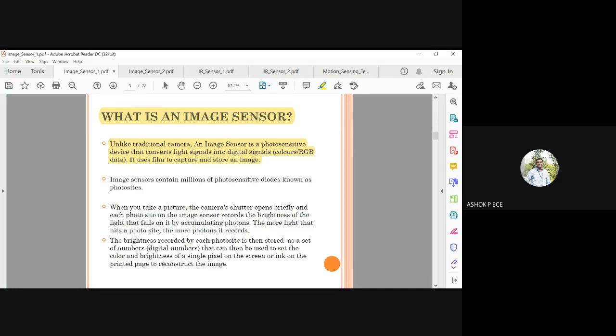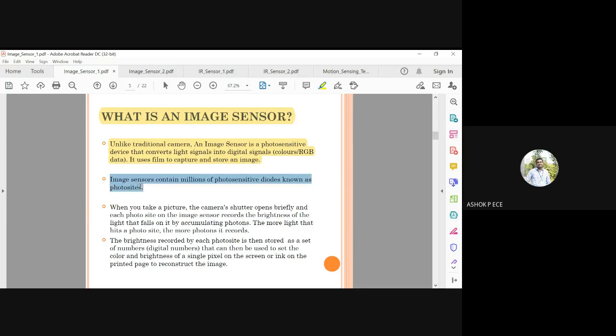Okay. So when you mix all the R, G, and B, you'll get the color image. While capturing the image, it is going to be in the form of colors only. While storing, it will be stored in the form of a matrix, and each matrix will have red, green, and blue values.